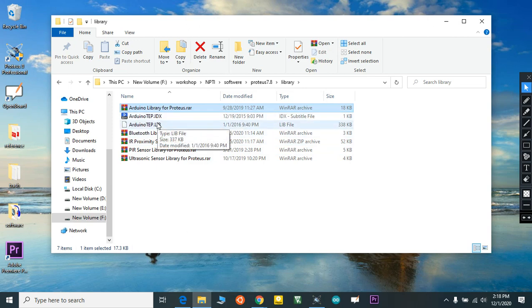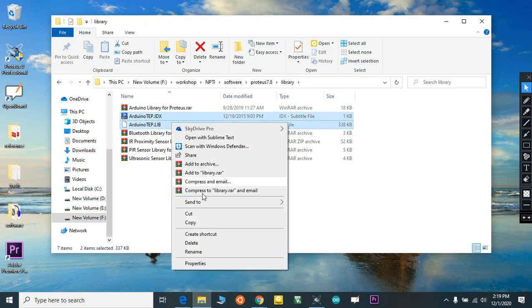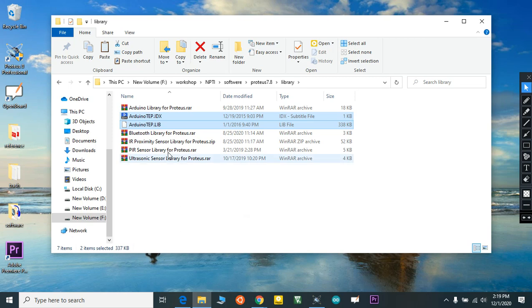Here you can see two files, Arduino.tep and Arduino.lib. You need to copy both files. Then go to your installation directory.